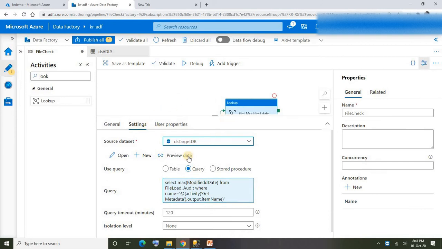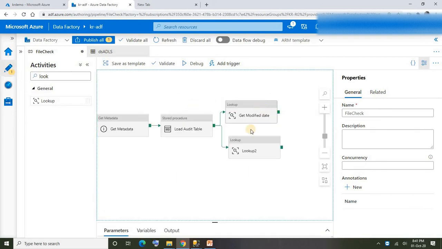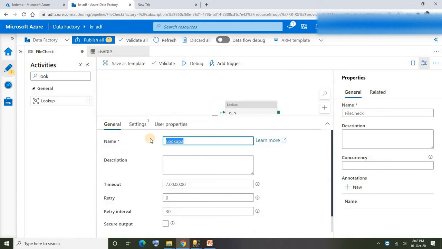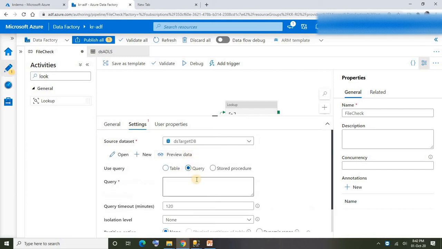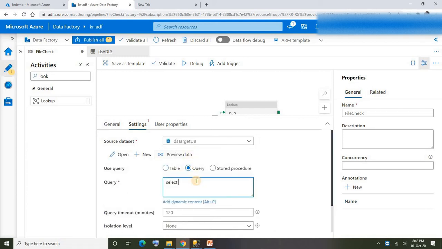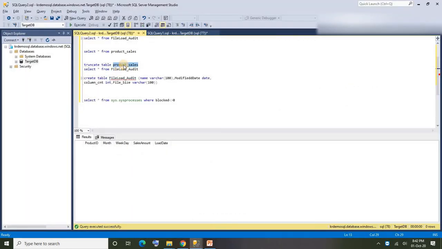We are done with the first lookup, and let me complete the second lookup activity, which will get the load date from again the target table, but this time the table name is different. I'm going to say query select max load date from our target table name, that is product sales.